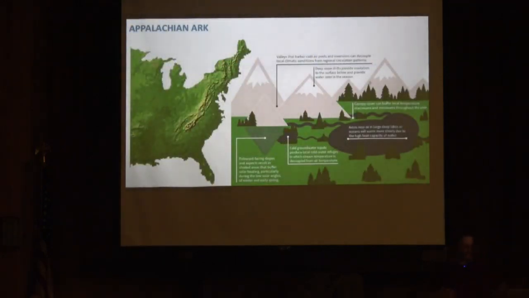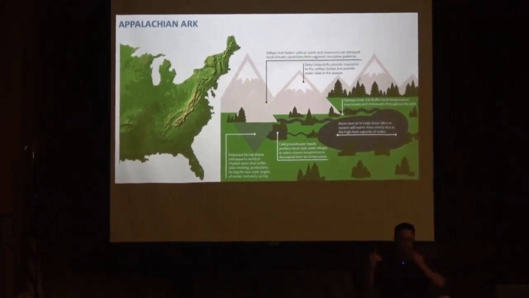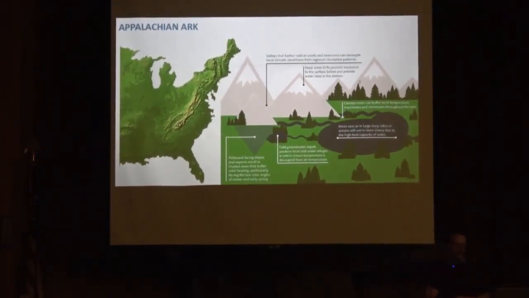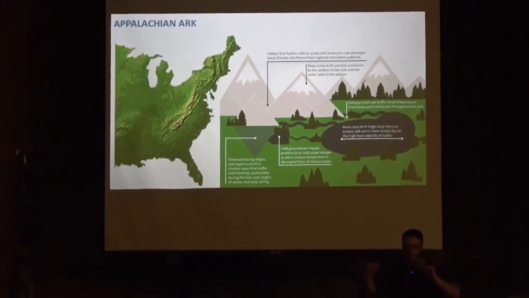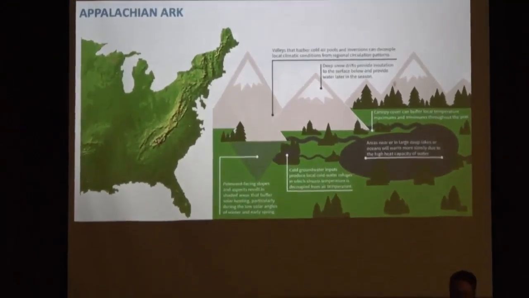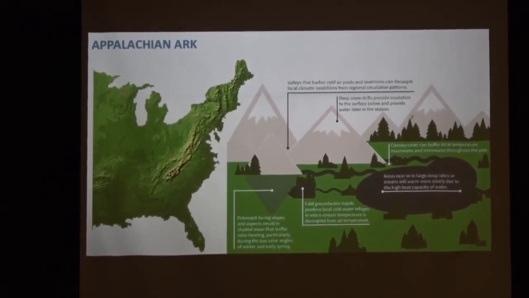What happened is that as those glacial changes happened, so ice sheets started to come down from the north, we have what we developed as an arc. So the Appalachians were cut off from the rest of Asia. The ice sheet formed a barrier to the rest of the world up to the north. And Appalachia became this sort of refuge for these plants and animals that had previously been shared backwards and forwards